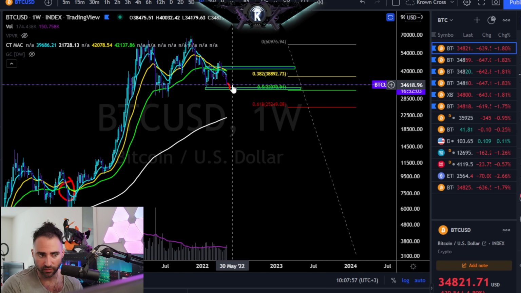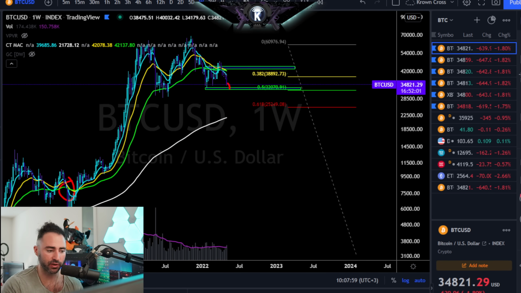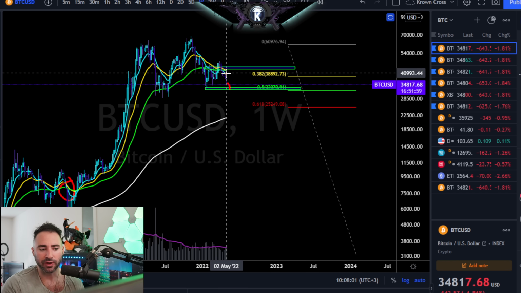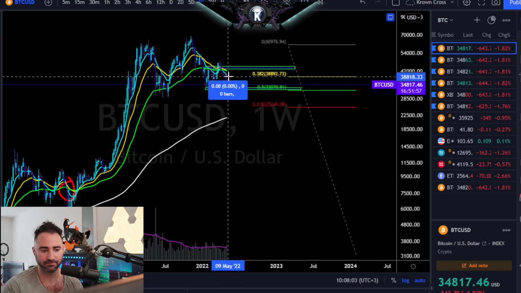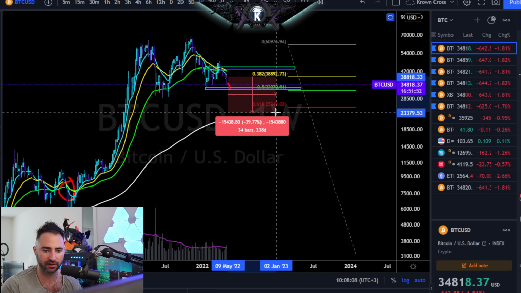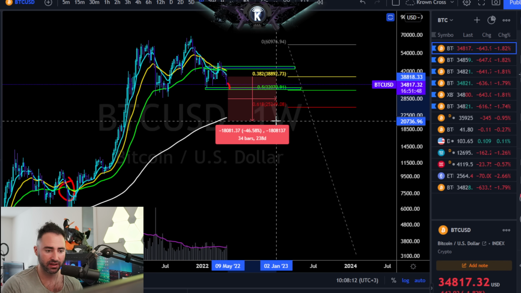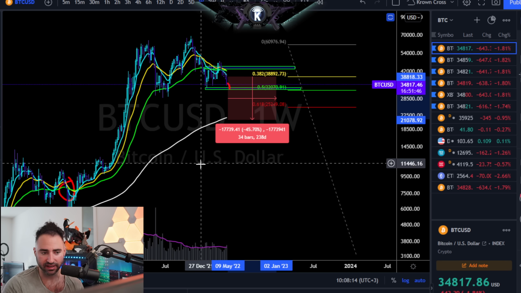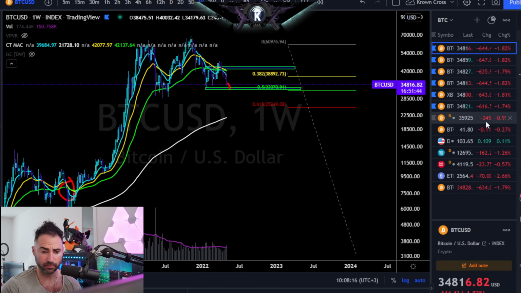In this case, if we were to draw a direct relationship to that, at worst, probably like 40 to 45% down. Where does 40% put you? Not 23%, sorry, $23,000, or a little bit above $23,000. 45% puts you at about $20,000. So that would kind of be my worst case scenario.